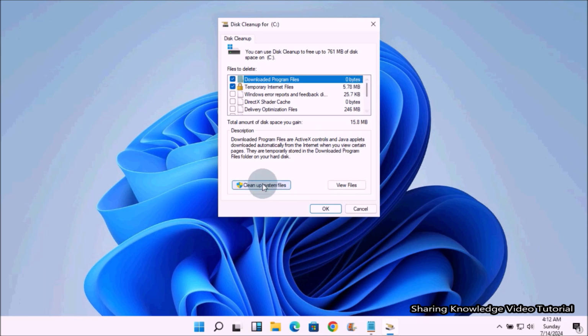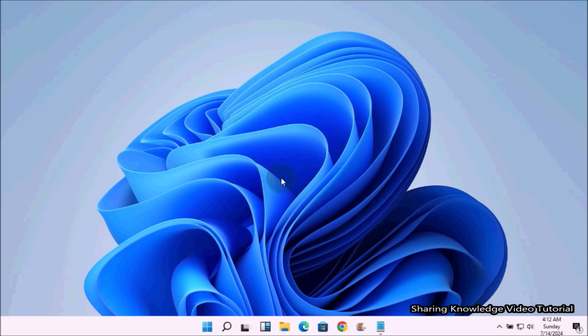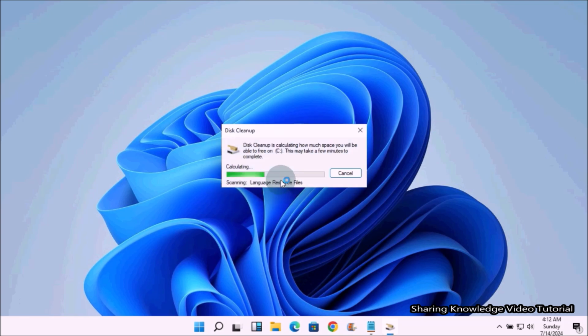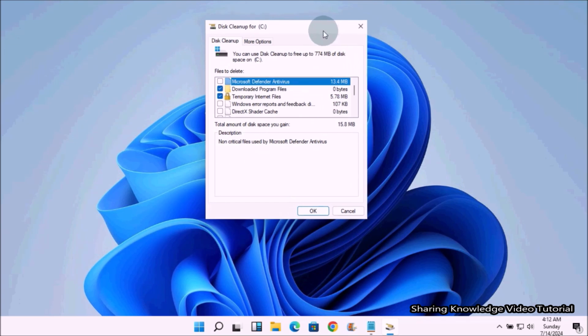If you want to boost capacity, select the Clean Up System Files option to permanently delete obsolete Windows updates and log files. Then select the system drive that you want to clean up and press OK. Now Disk Cleanup will take a few moments to determine what type of files and applications are taking up the most space in your PC. After a while, you will see a list of files and applications. Then select the option to permanently delete obsolete Windows update